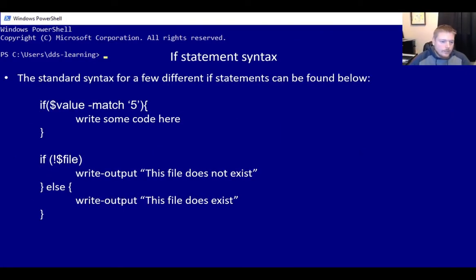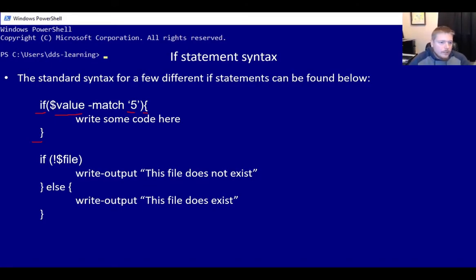Standard syntax is what we see out of our regular commands, where we initialize with the if. We have a variable. This can be anything in the world, an address, a telephone number, a process or a service ID, a process ID I should say. We want it to match something. Maybe we want it to be equal or greater than something. We can do all of these things. And then whatever we need, we can write the code inside of the blocks. And again, this is one that wouldn't necessarily be needed. We want to do something, and maybe an else if we needed to match another value like